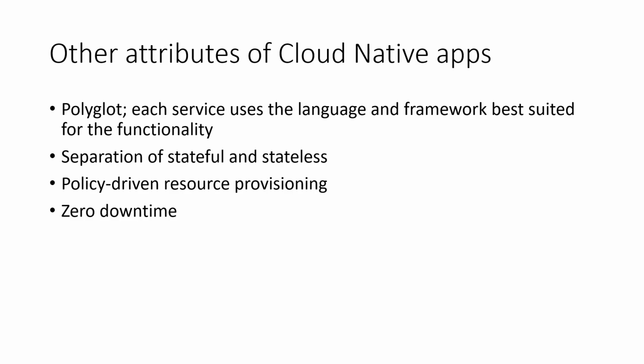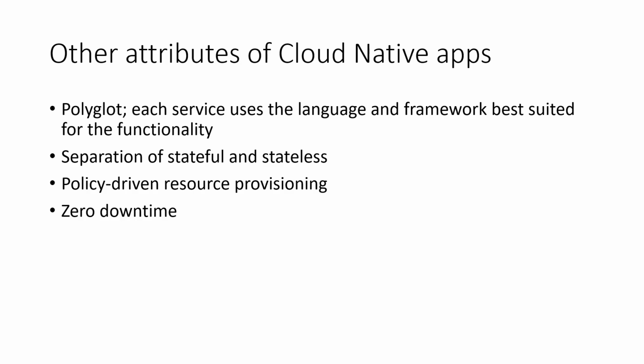Other attributes towards the components are basically how the communication happens, like how each service interacts with the language module, then separation of statefulness and statelessness, and then policy-driven resource provisioning and zero downtime. These are some of the other principles, or other components, of your cloud native